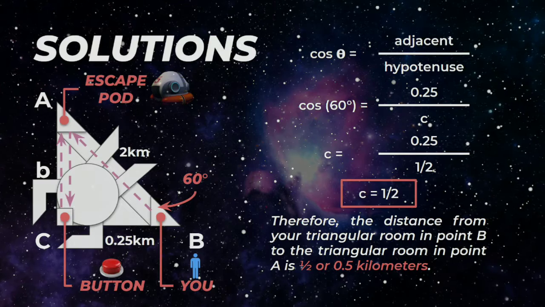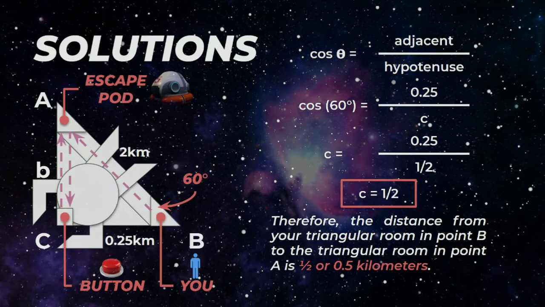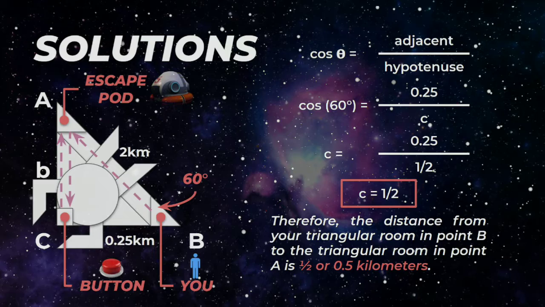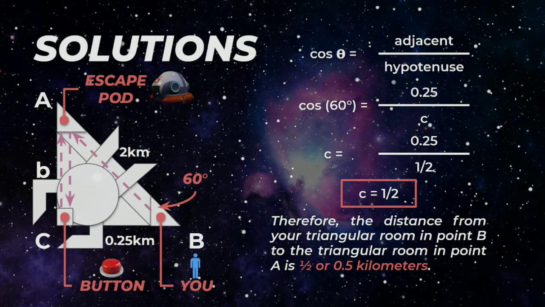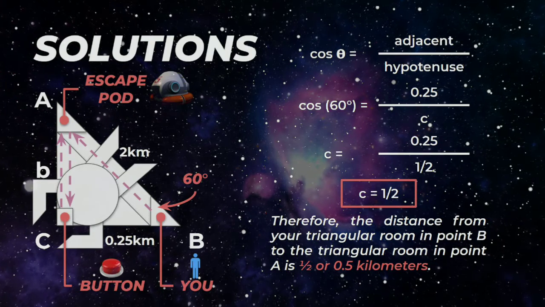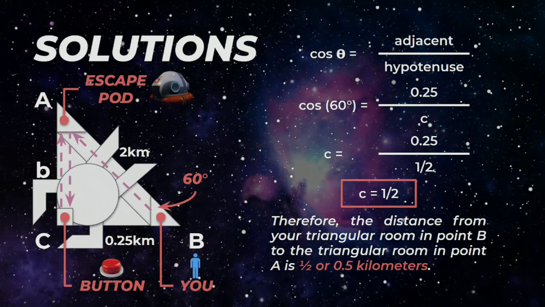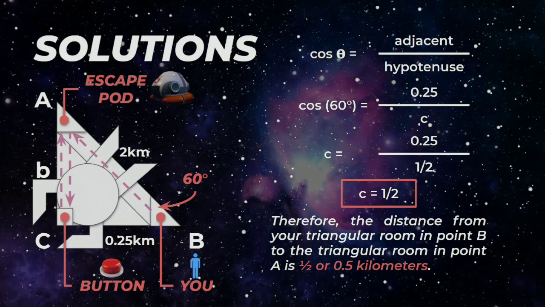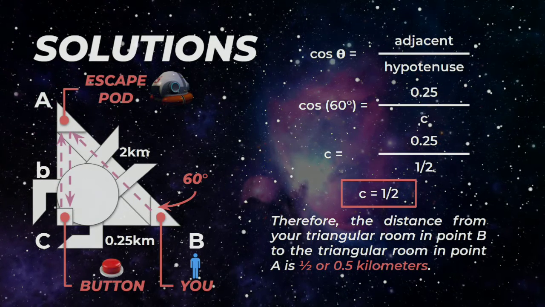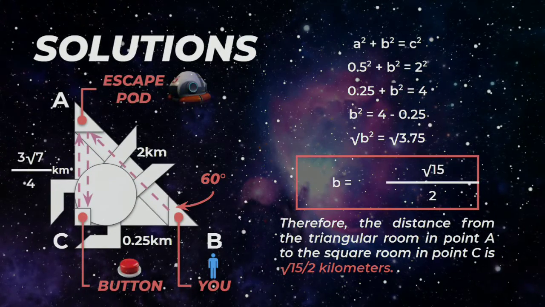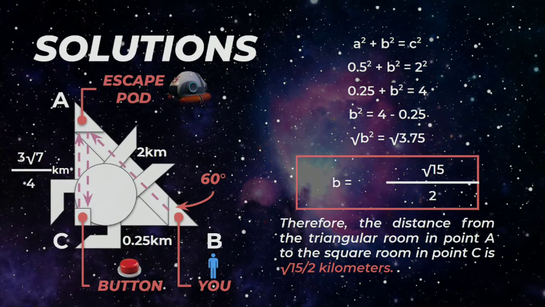In cross multiplying, we're going to get c is equal to 0.25 divided by 1 half. 0.25 divided by 1 half is equal to 1 half, so c is equal to 1 half. Therefore, the distance from your triangular room in point B to the triangular room in point A is 1 half or 0.5 kilometers. Since we already have the value of the hypotenuse, we now need to find the value of